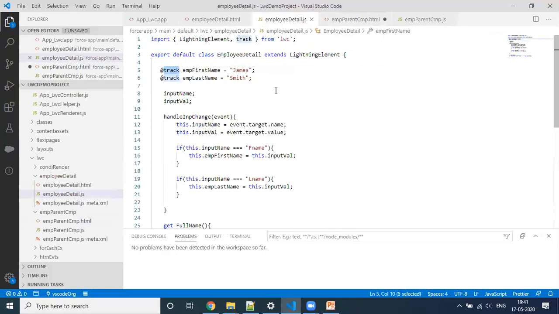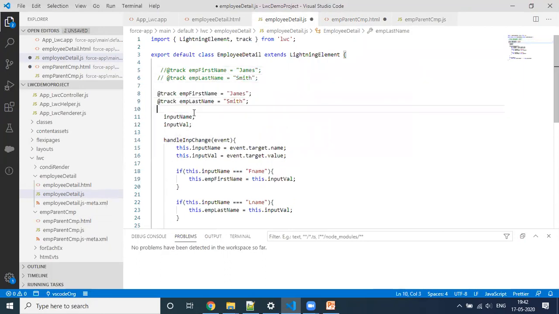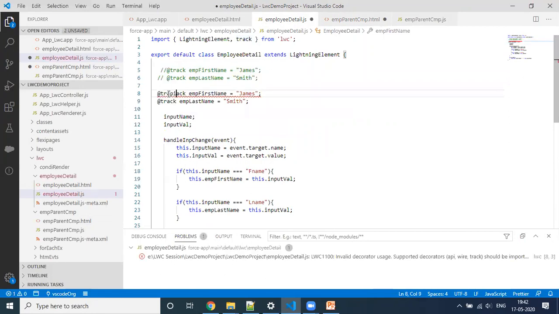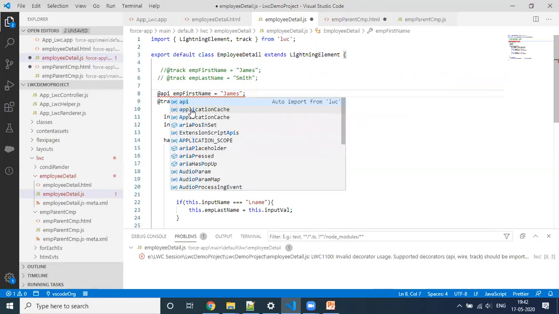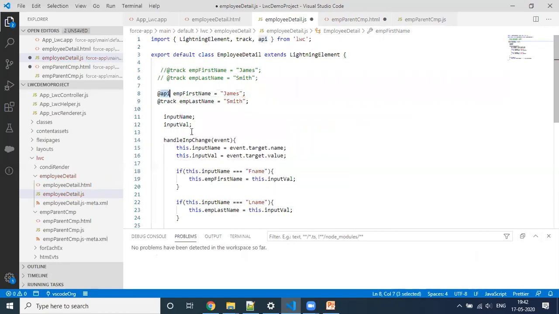So let me comment this out so that it will be easy to understand at a later stage. I'm going to paste the same thing on a different line, and define this with @api. As you've seen, I have written @api here, and you can see it is importing this @api.